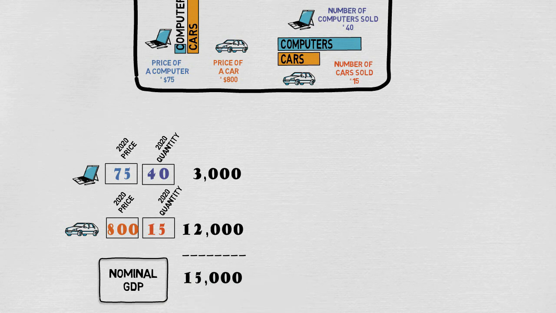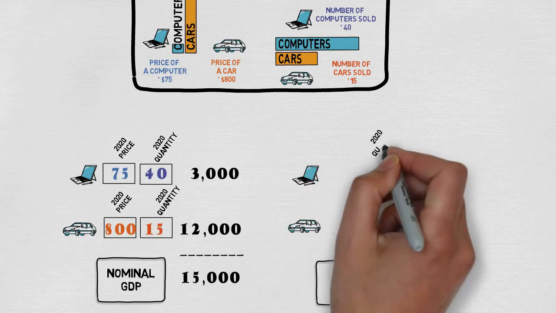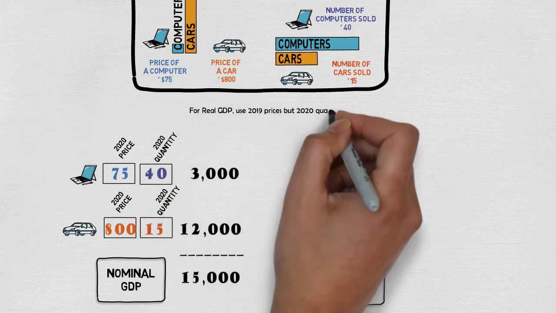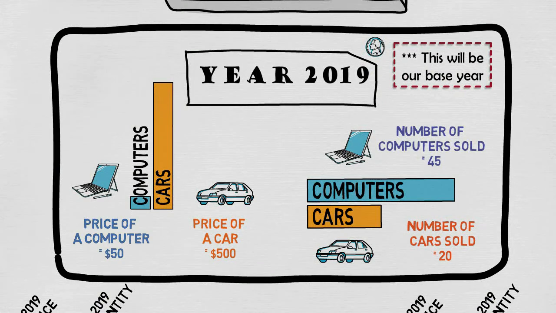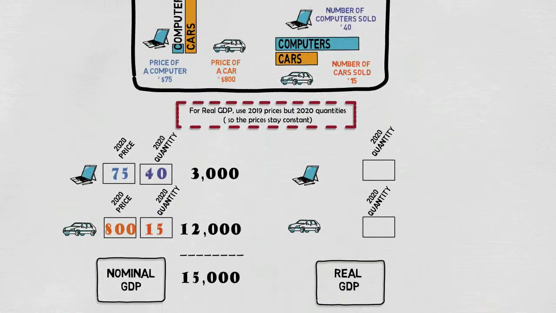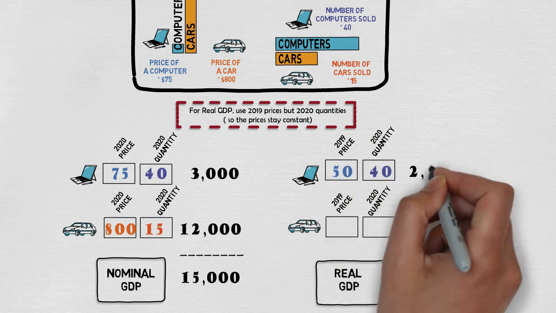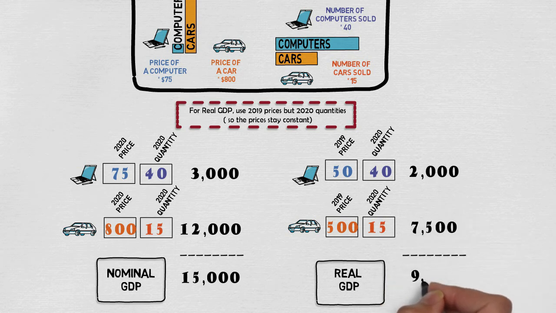Now, for real GDP, we're going to look at the total output that we have, but we're going to be using a base year. So we're going to look at all the computers we sell, all the cars that we sell, and we look at the quantities. But we're not going to use these prices. We're going to go back to 2019 and look at those numbers for prices. And you remember in 2019, the price of a computer was 50 and the price of a car was 500. So let's use those numbers when we do this calculation down here. So we'll bring those numbers on down, and we end up selling a total of $2,000 worth of computers, and for cars we end up selling a total of $7,500, giving us a real GDP of